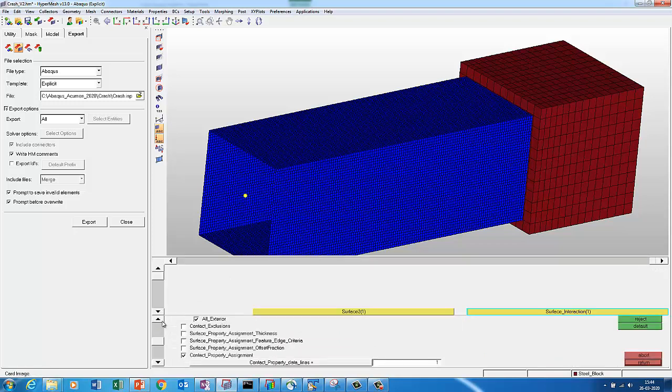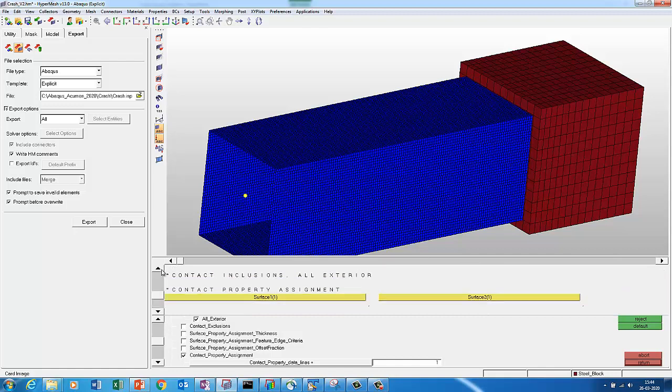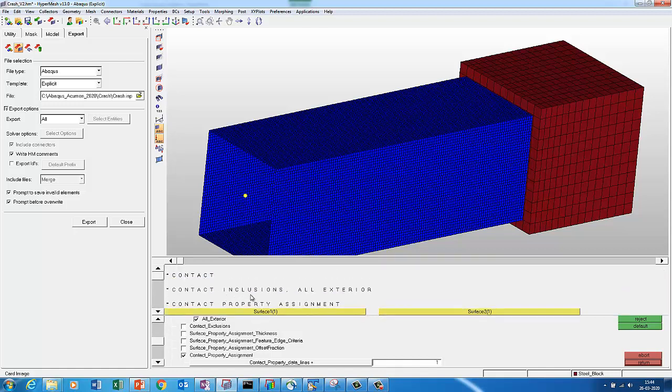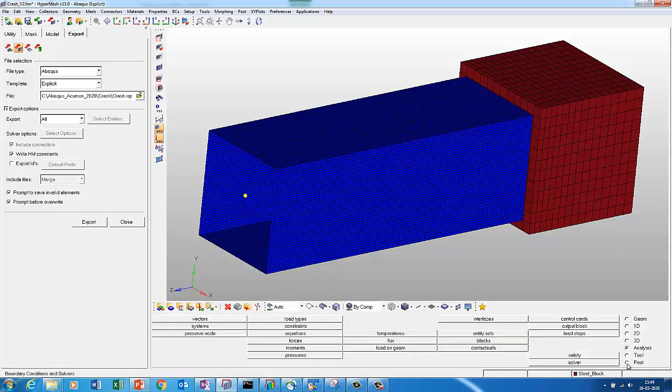So first I created the friction property, then I went to contact general. I say contact inclusive all exterior contact property. I don't know which surface is going to come in contact, so I don't want to assign. So if I don't assign, it will take all surfaces. So no surface 1, surface 2, and then you have this surface interaction friction. So this way you are done